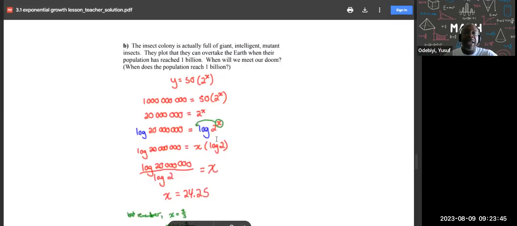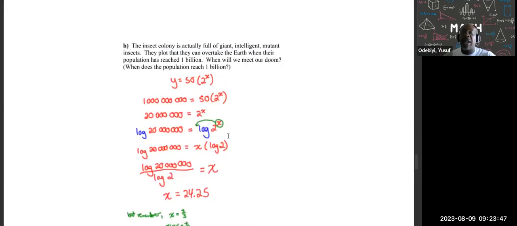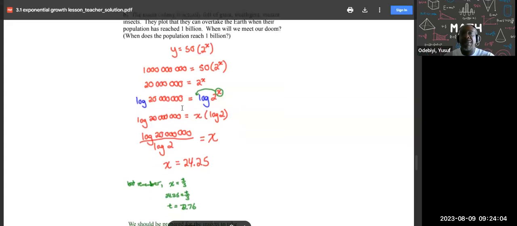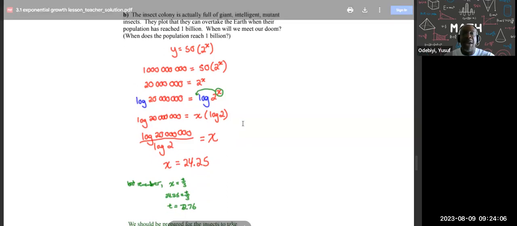This stuff here I'm going to ignore because we're not learning log. Log comes into grade 12. Log is determining the exponent value using logs. But this is grade 12 stuff here, so I'm not going to go through that.